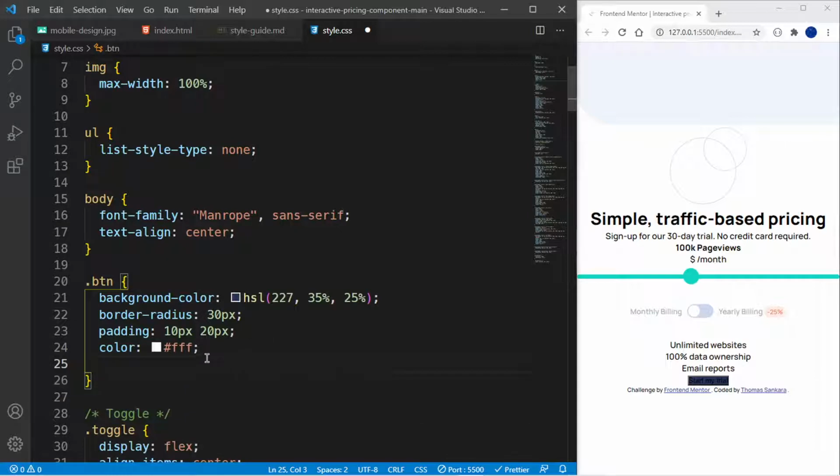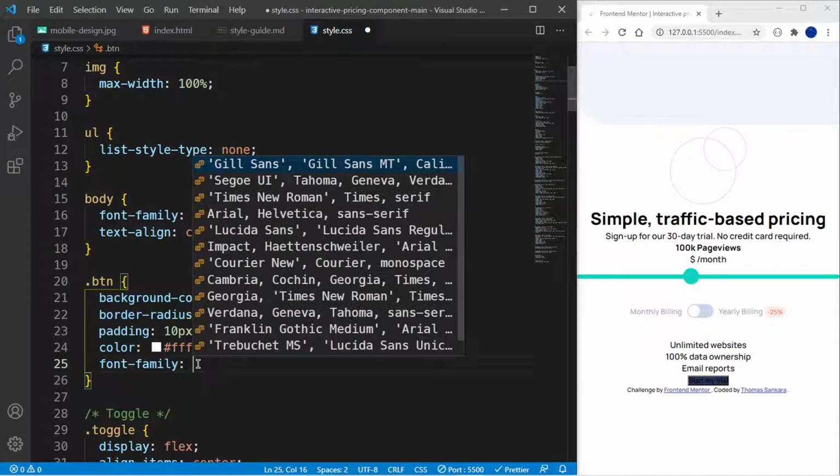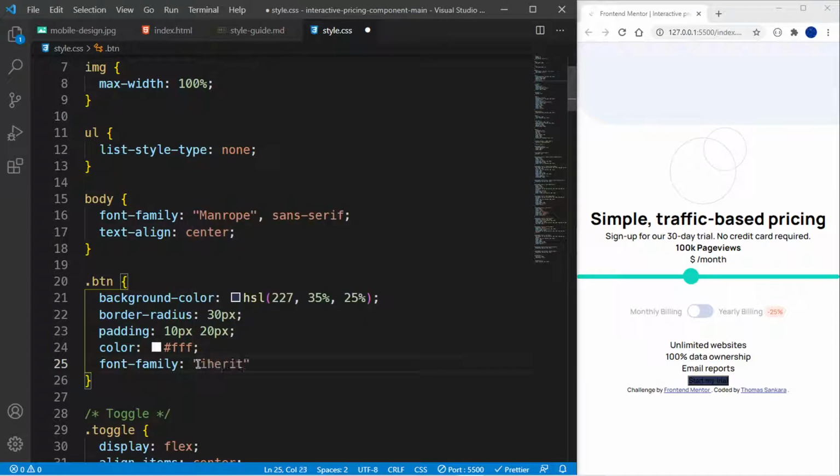And remember that buttons and inputs, they don't take up the default font family. So you have to specify it. I don't know whether you can see it. So I'm going to say font family, set this to inherit, which basically means that it's going to inherit whatever the font family on the body or on the parent element is. So I'm going to save that, and we have that. It doesn't inherit, so let me just specify that. I'm going to say Manrope and sans serif,